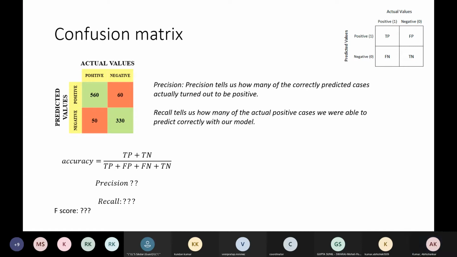True positive is 560, false positive is 60, false negative is 50, and true negative is 330. So what will be the accuracy? Can anyone calculate the accuracy?